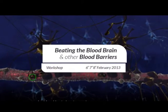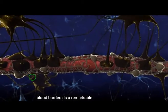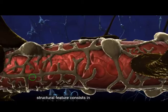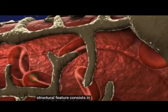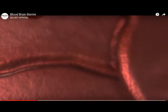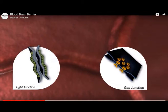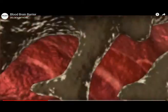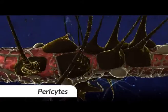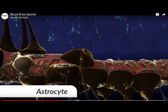The blood-brain barrier, such as other blood barriers, is a remarkable anatomical adaptation. Its most striking structural feature consists in endothelial cells, tightly joined by tight and gap junctions. These structures bind the cells side by side through several proteins, including connexins, claudin 5 and ZO1, thus maintaining the barrier's integrity. Pericytes cover about a third of the capillary surface, and surrounding glial cells, named astrocytes, support these capillaries